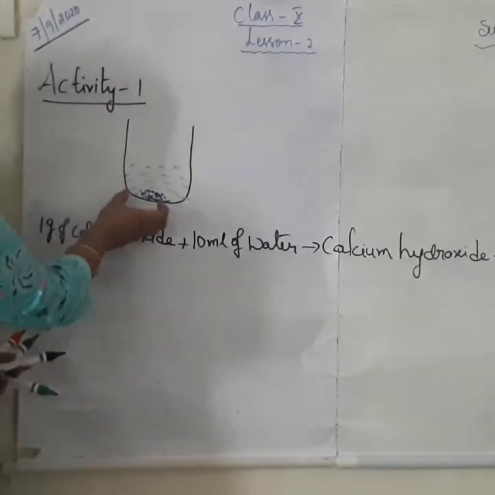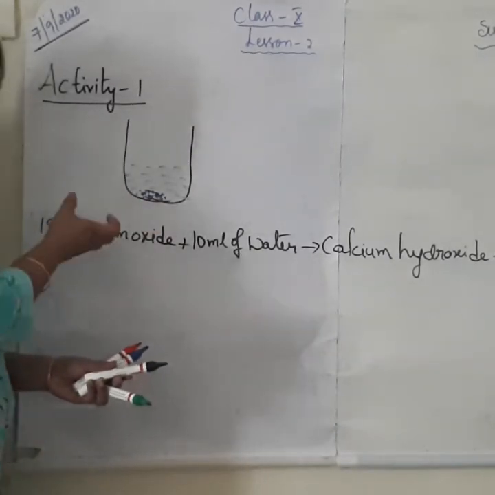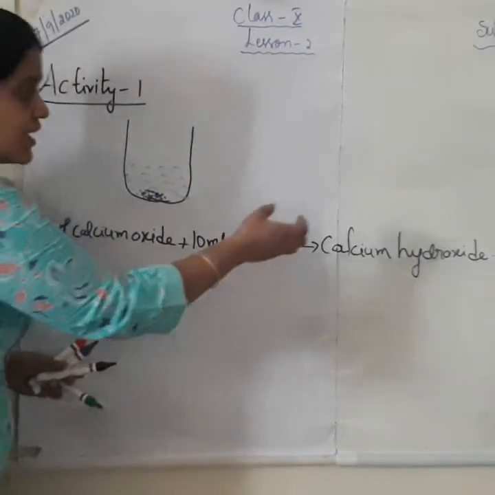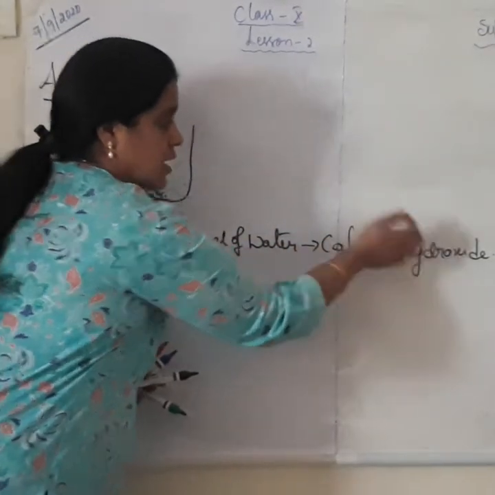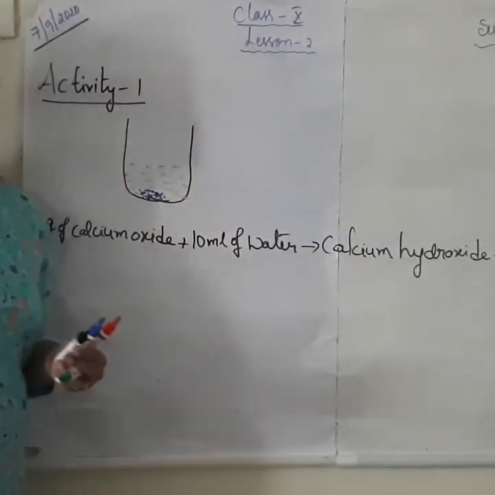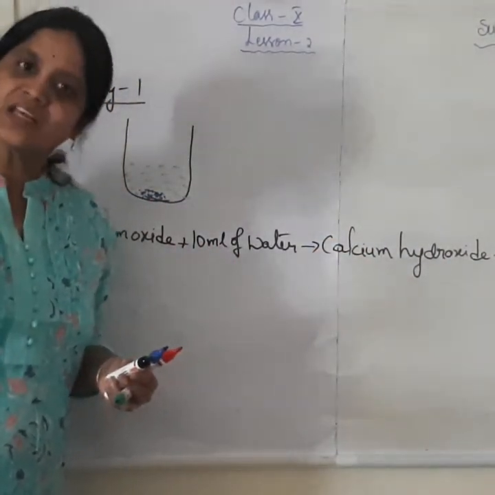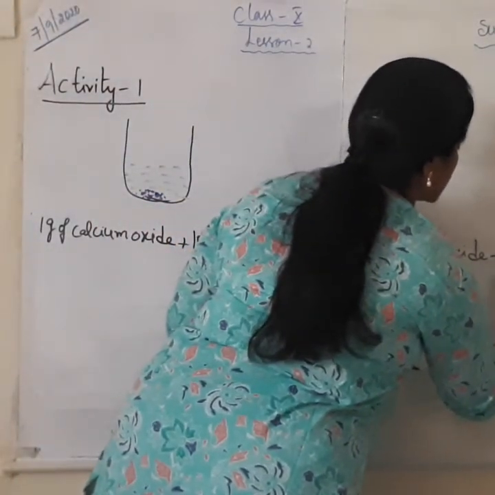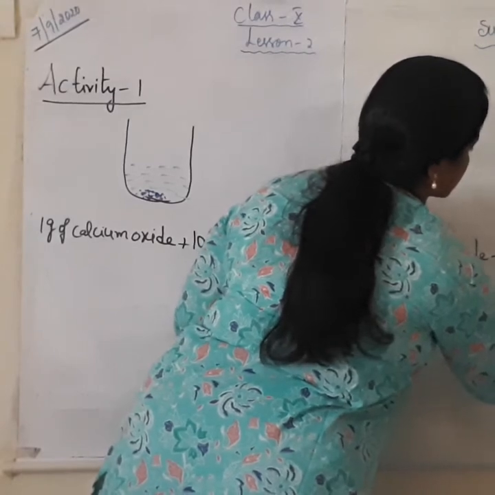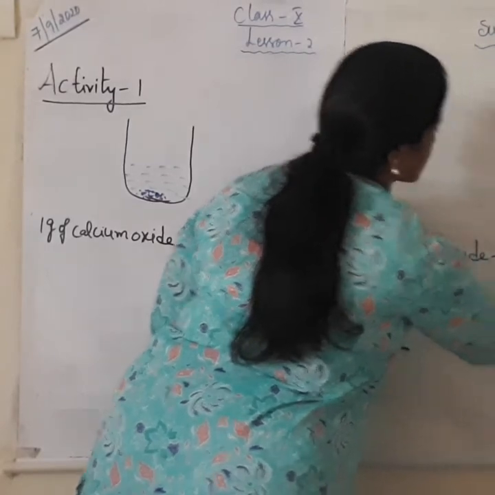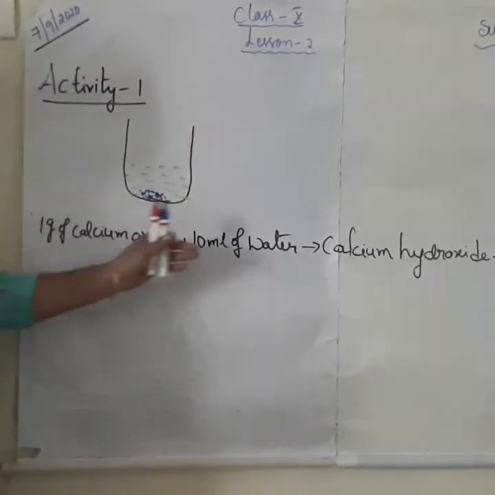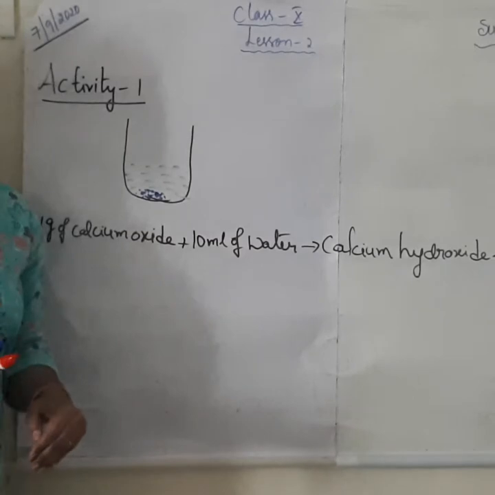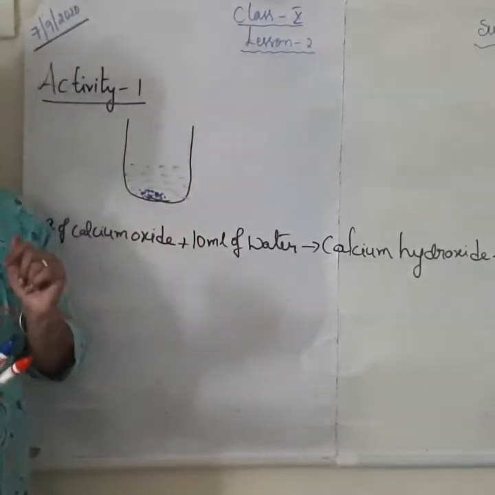Here when the reaction is taking place, meaning when the calcium oxide is reacting with water, we get a new substance, the calcium hydroxide. Along with that, some amount of heat is also liberated. Here I will write it as heat liberated. Why am I writing like this? Because when chemical changes are happening, how do we identify that? So I am writing each one.